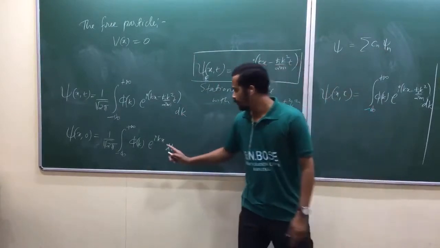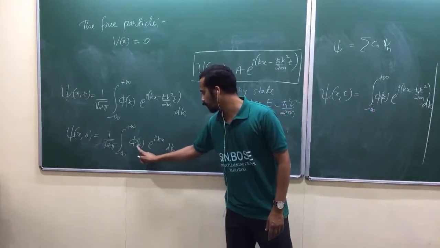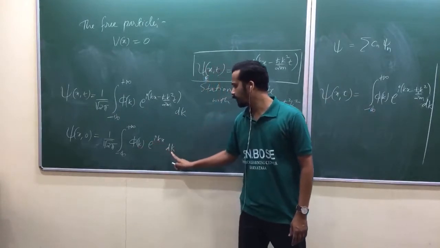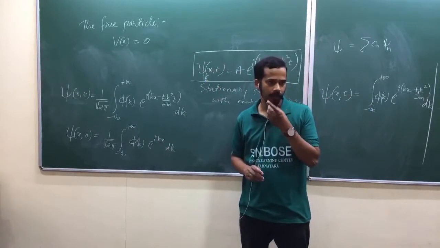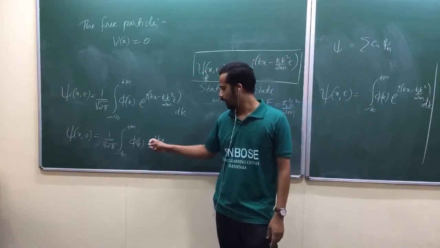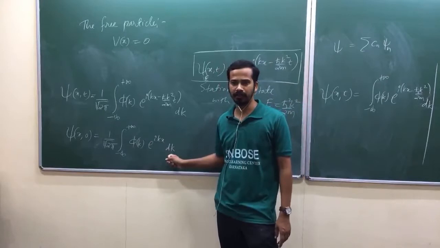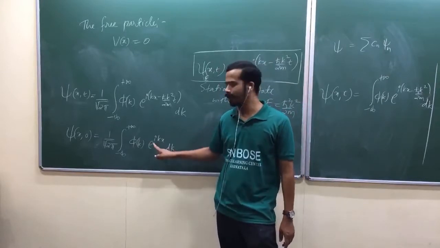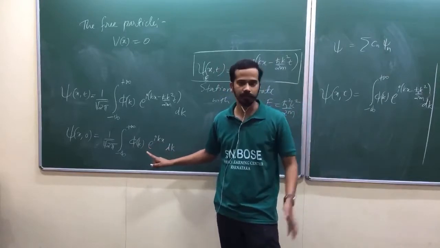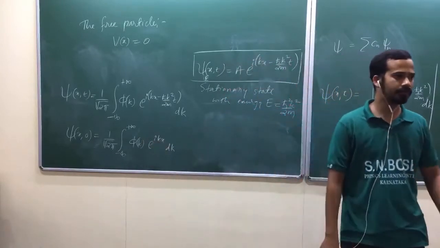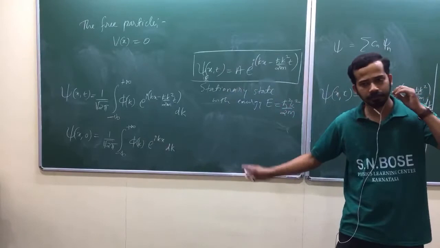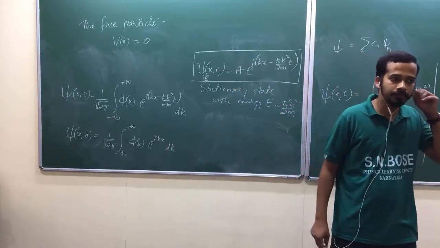Simply, I will say this is a Fourier transform because look at here. Phi of k e power i kx dk. Am I right? Earlier, what you had? F of x e power i sx into ds. Am I right? Like that. I think you had a negative sign earlier. In the pure mathematics definition, you had a negative sign. Here you have a positive sign. That's the only difference. We call this one also Fourier transform.